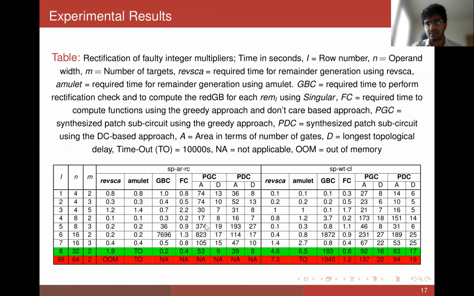So here are the experimental results. We were able to perform rectification successfully up to 32-bit multipliers. Of course, there are a lot of bottlenecks involved right now with respect to computing the reduced Grobner basis, or in fact, even the working of Revesi and Amulet. So we are working towards improving these